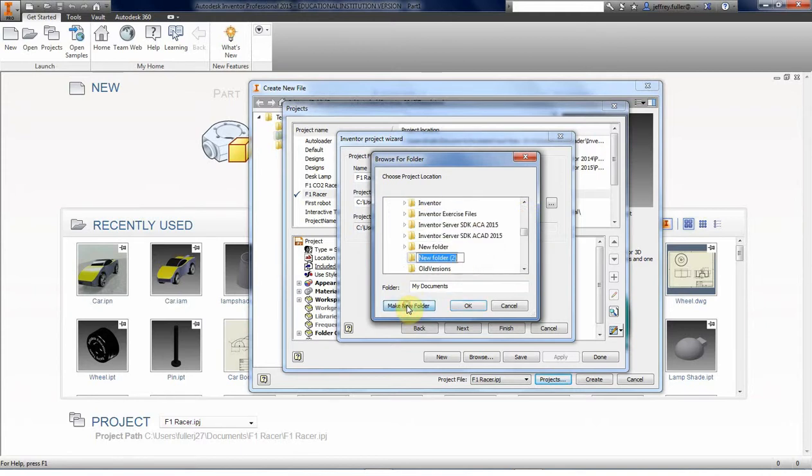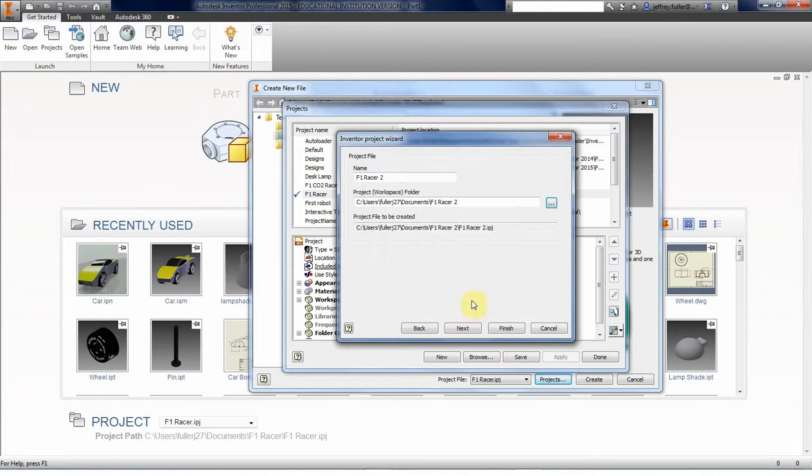I'm creating a child to the my documents folder. So creating a new folder. Now here I need to name that new folder again, and I want to name it according to my project, F1 Racer 2, and then I'm going to click OK. Alright, so there's my new folder name, and now it's strictly going to my documents. It's not going through all those various layers that I prefer it not go to. So from here I'm going to click finish,